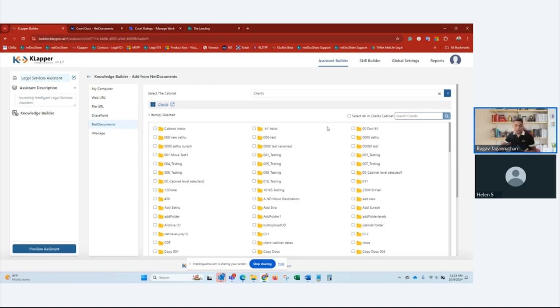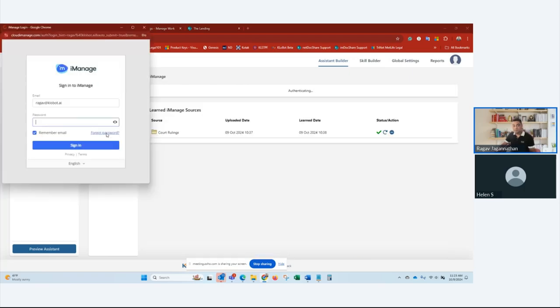Again, any training that you do here is limited and restricted just to your tenant. So no one else has access to the data except for users. And security obviously is a key factor here to make sure that users are only allowed to see the data they are supposed to see, both from NetDocuments and